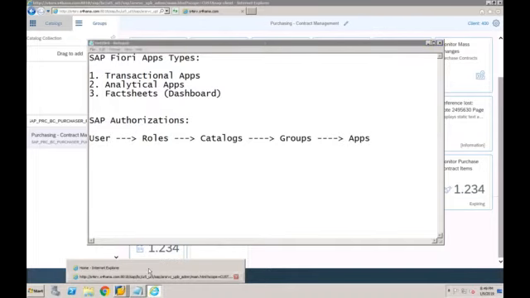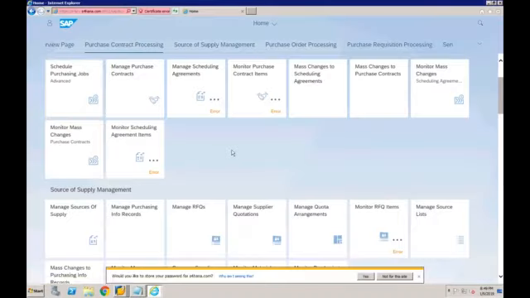So let's go back again to our Fiori Launchpad. In our Fiori Launchpad, we just discussed that based on the role that you assign to your user, you will be able to see the screen. Now in this particular case, we are not able to see anything related to finance. For example, we want to create a GL account. Simple, we want to create a GL account. But we are not able to see any app to create a GL account here. So what should we do in that case?